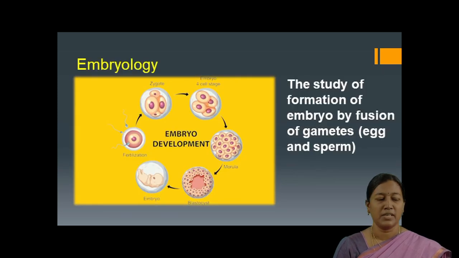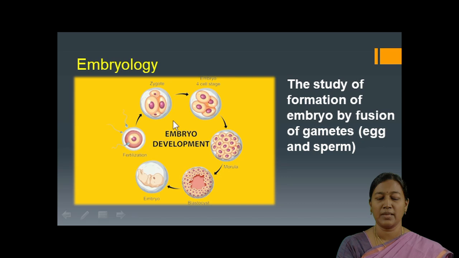The first term is embryology. Embryology refers to the growth of a cell into an embryo from the gametes. The gametes are nothing but the egg and the sperm, which unite to form the zygote, which is the fertilized egg. As we can see in this diagram, this is the sperm and the egg which meet to fertilize. It forms the zygote, and the single cell zygote divides, and the division is known